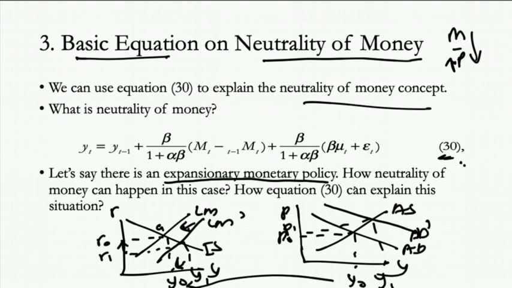So money is neutral because nominal money supply has no effect on output. You see here an increase in money supply, later on, after a certain time in the medium run, doesn't give any impact on interest rate and also output. The increase in money supply is reflected in a proportionate increase in the price level. So what I want you to do, apart from checking what happens to price here, is look at 30, use this 30 and learn how to explain neutrality of money using 30, because I've explained to you the basics here.